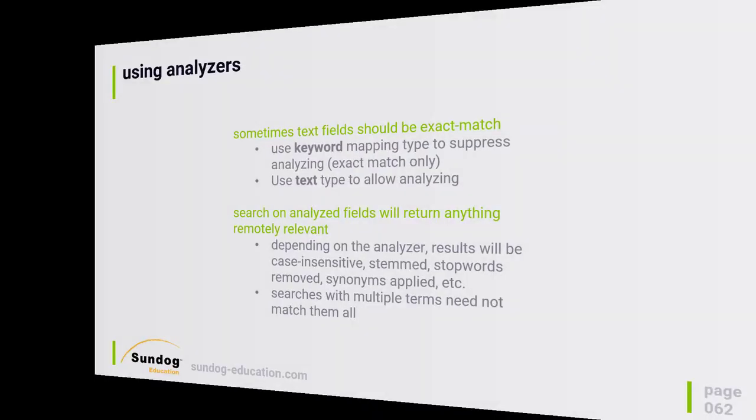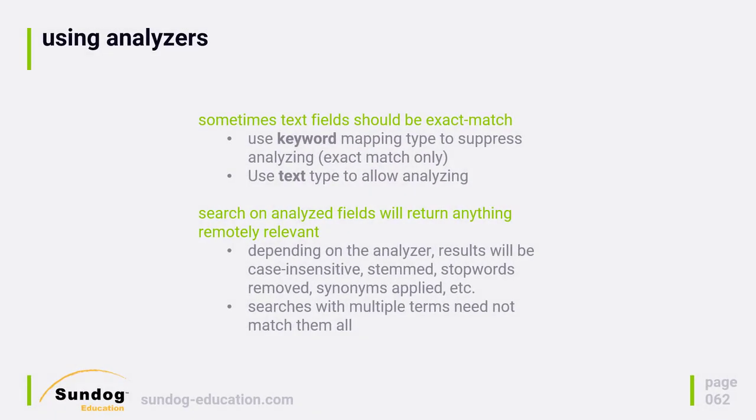We've talked a couple of times in this course about analyzers, so let's go into a little bit more depth about them and how they can help you control how your text fields are searched. Something new in Elasticsearch 6 is that you need to make a decision every time you have a field that contains textual information. You can define it as one of two types, and that determines whether or not your text fields are searched as an exact match or if they're analyzed, meaning that they can be partial matches that